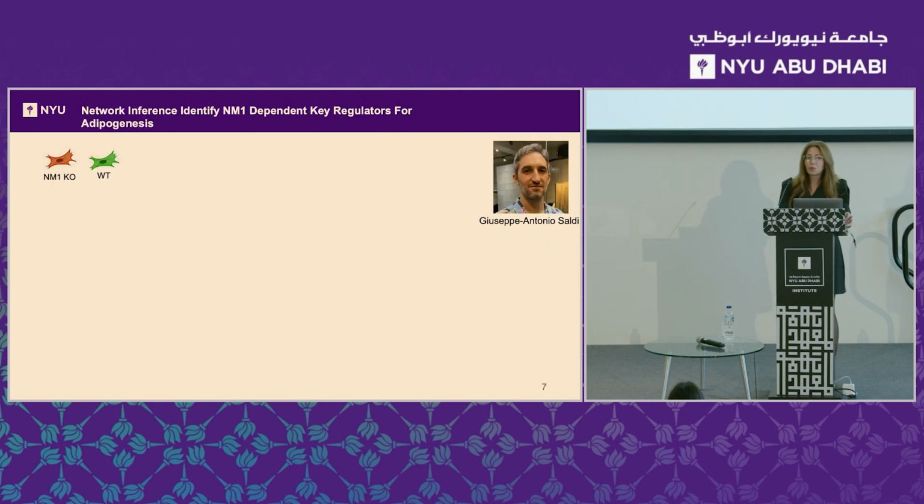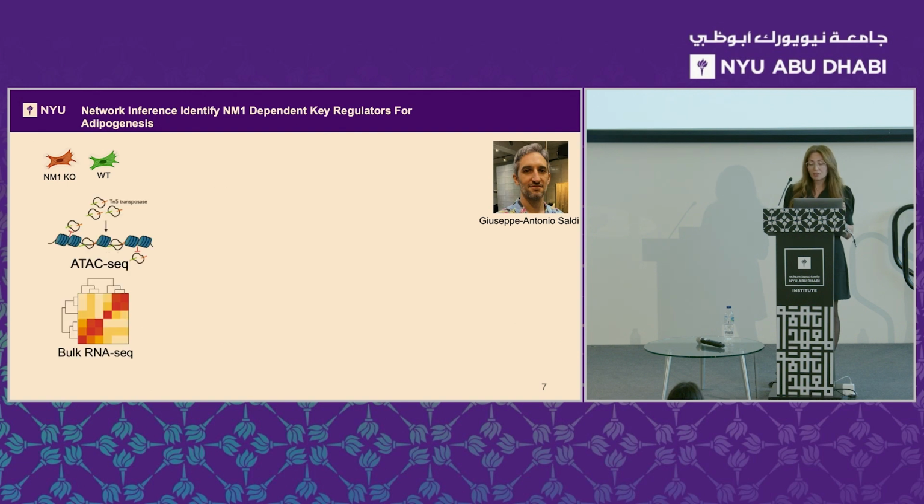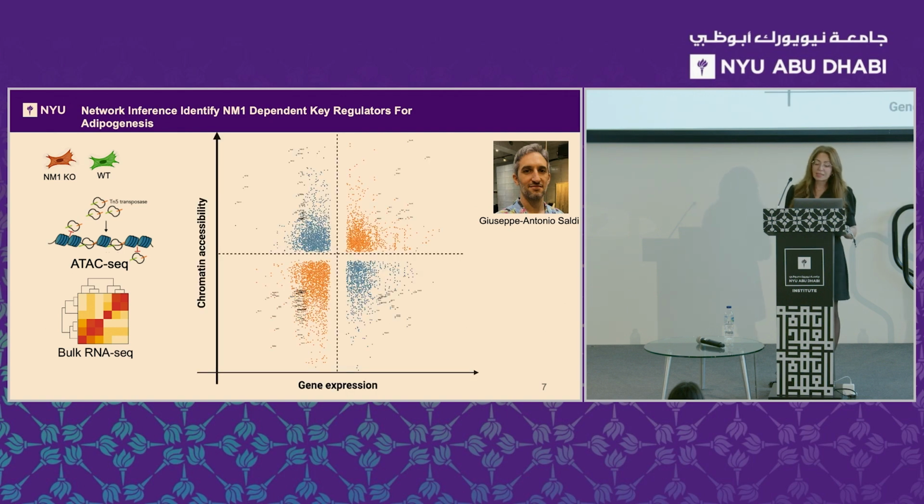So knowing the important role of NM1 in regulating transcription factors and also its important role in chromatin remodeling, we wanted to look at data that we had from ATAC-seq and bulk RNA-seq. So we integrated these two datasets, and we generated this plot that is actually looking at the chromatin accessibility, where the chromatin is open, and when there is gene expression happening actively. So here in this quadrant, you can see that we have higher accessibility to chromatin, and there is higher expression of genes in presence of NM1.